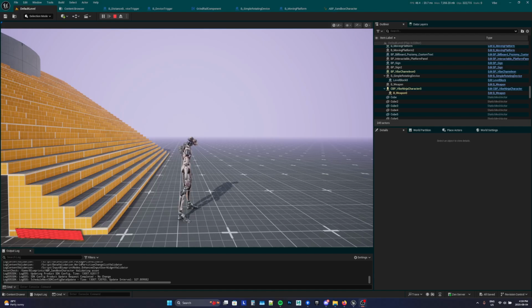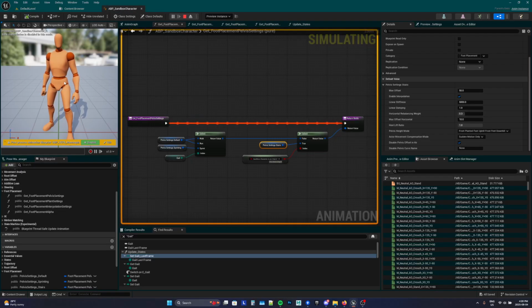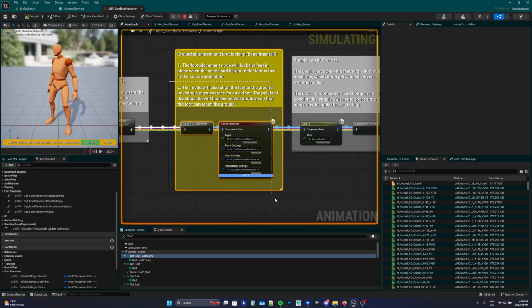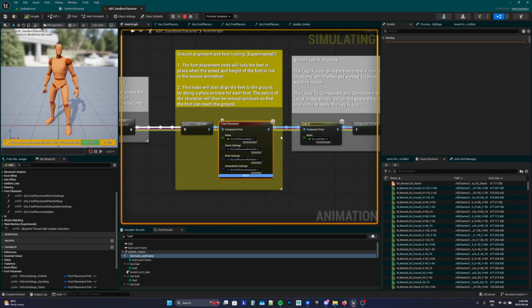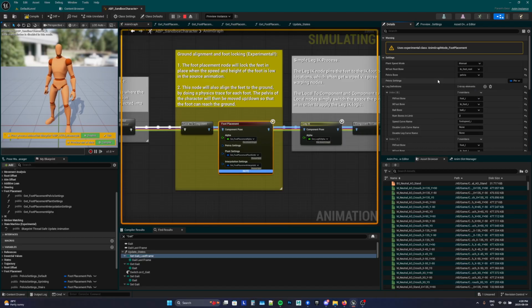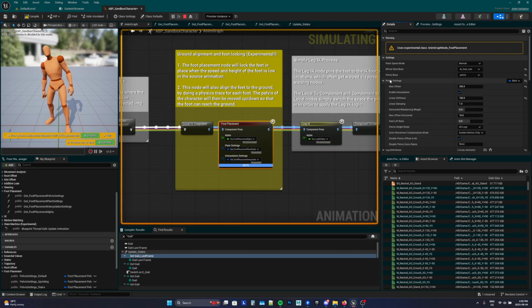Hey guys, so I wanted to discuss today a fix for foot placement in the GASP project. This character I have here is just a retargeted character to the UEFN mannequin, and with this guy, there is a node in the anim graph called foot placement, and if I just remove this for now,